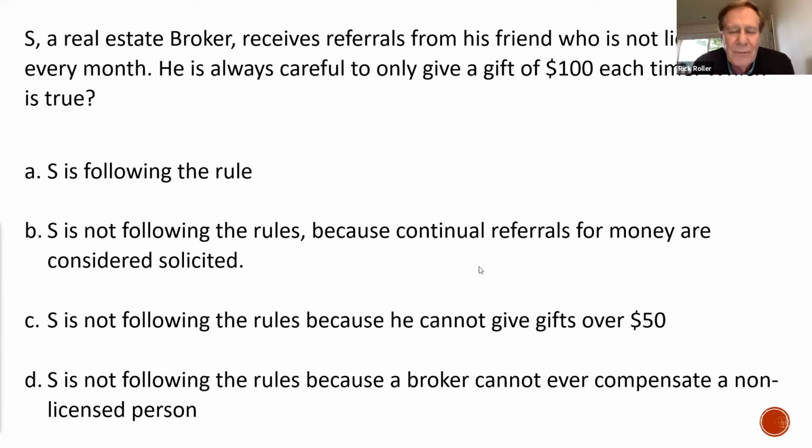Some people, there's always one person in a neighborhood for sure that knows everything about everybody. And it'd be great to have that person as a friend, so they're telling you what's going on all the time. But it's not allowed. You can't give them money unless they have a license. Then you have to pay them through their broker.